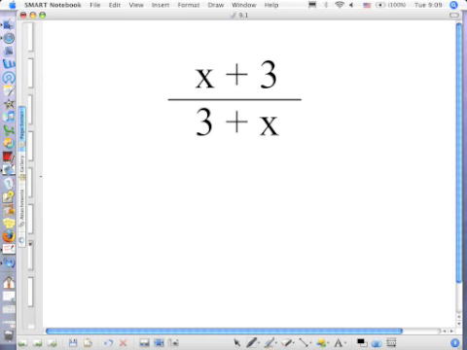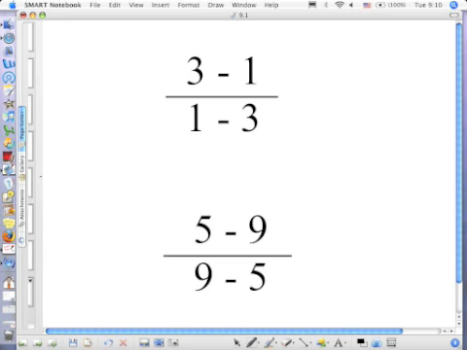Which means if you're faced with this, is that not the same thing? X plus 3 times 3 plus x is the same thing. So we can simply cancel them, and the answer is 1. Yes, but we're not there yet. I'm just trying to show you something real quick. Now, if it's a subtraction problem, though,